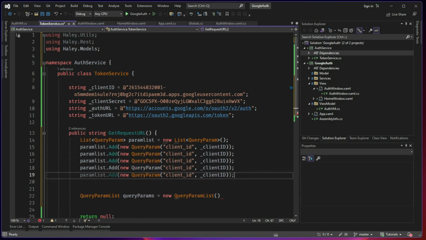Cool. Then redirect_uri. Is it correct? So here I will say the redirect URI is